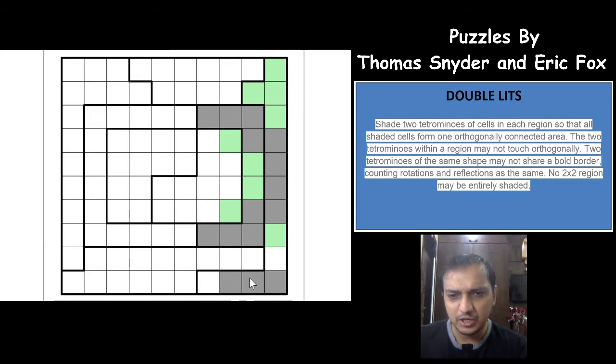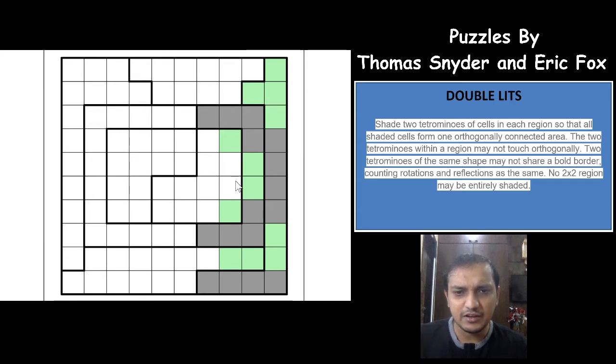And now for this shape, this cannot be a shaded cell because then you will have 4 shaded cells and you have a 2 by 2 group. Again this cannot be shaded, 2 by 2 group. Okay, there's a good logic here. This cannot be shaded because the moment you shade this cell, this whole tetromino gets stranded and cannot touch each other. I mean to say cannot connect to other group of tetrominos, right? So this would have to be shaded, this is unshaded. Nice.